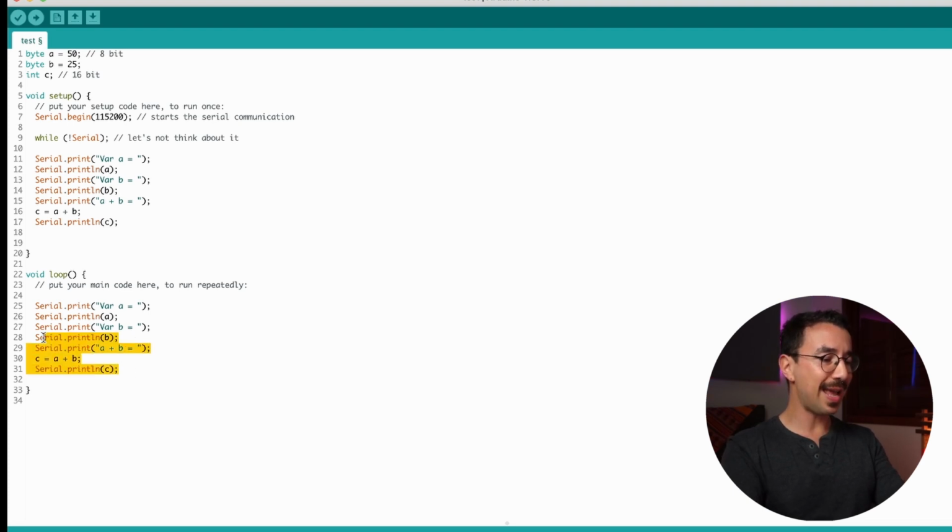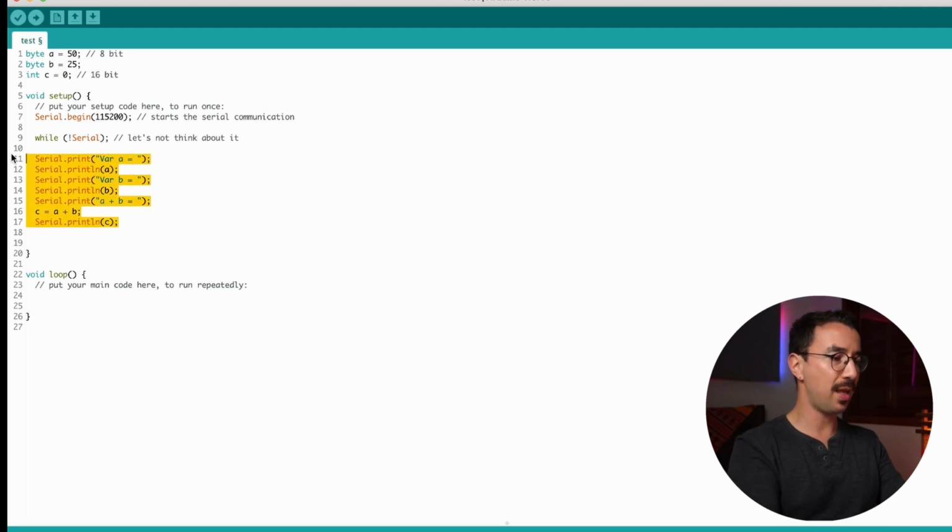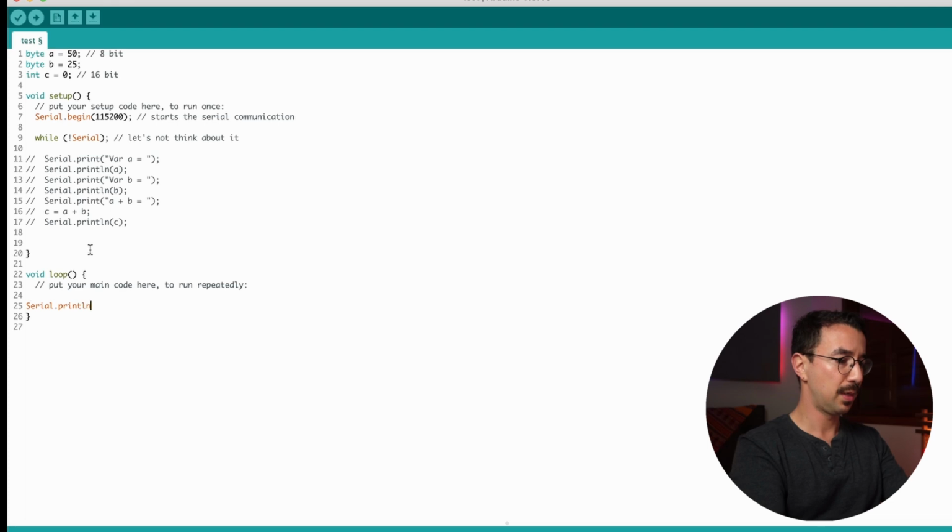So let's do something that will change every time we run one time the loop. For example, our variable c, let's start our variable c as 0, okay? So let's delete this or press command / to comment everything. So let's do serial.println C, okay?